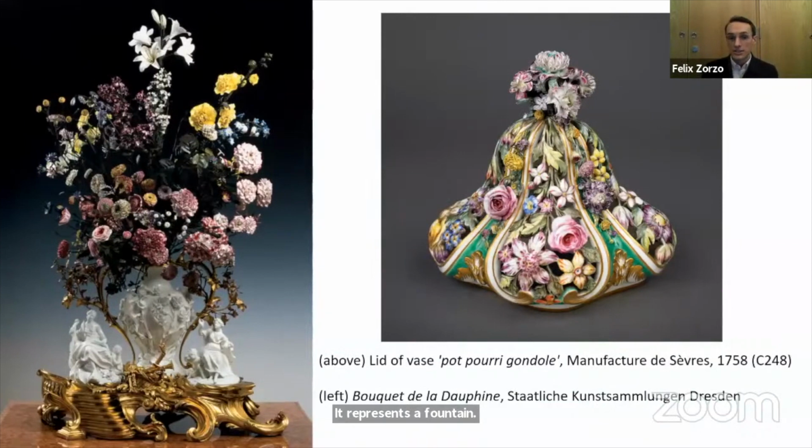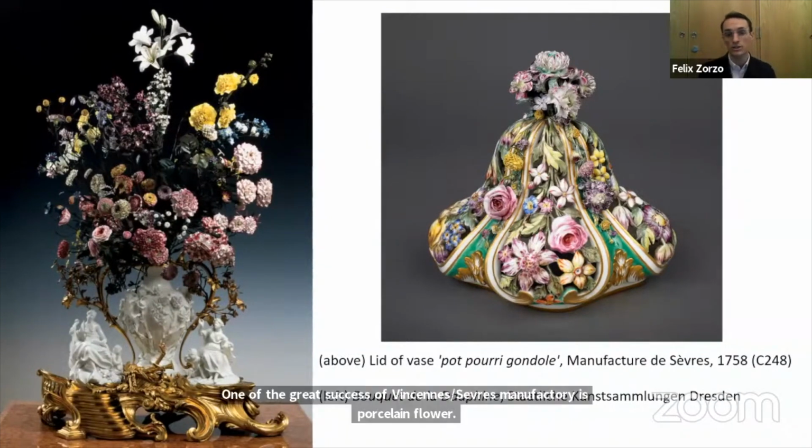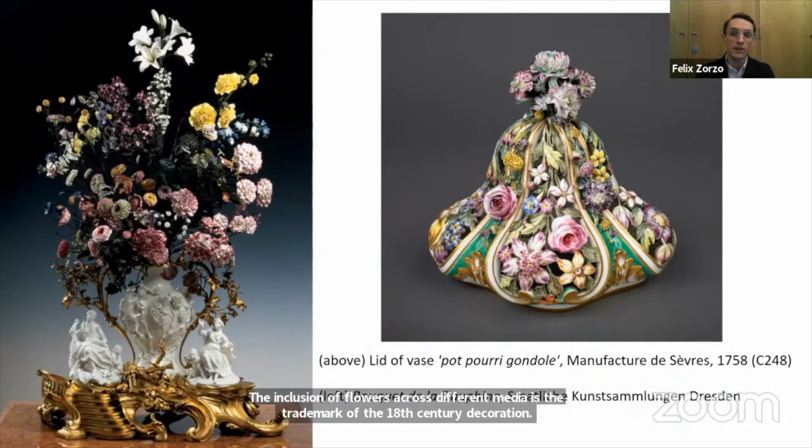One of the great successes of the Vincennes-Sèvres manufactory is the production of delicate and naturalistic porcelain flowers. As we have already mentioned, the inclusion of flowers across different media is the trademark of 18th century decoration. Bouquets of real flowers were displayed in every room of the house, arranged in vases that range from simple glass